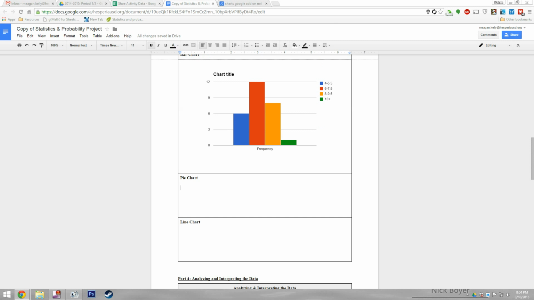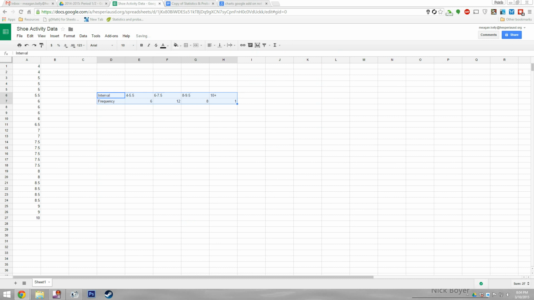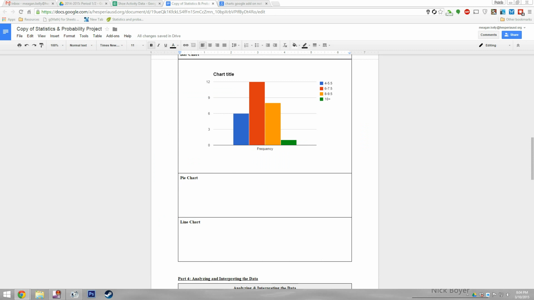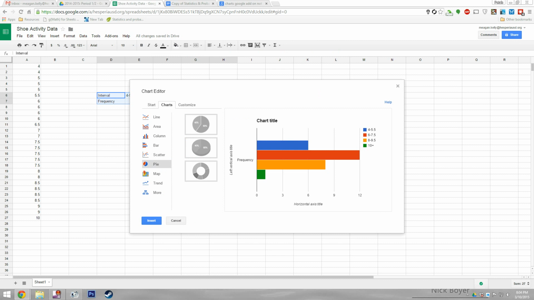Now let's do another one. If you want to get rid of this one, you can click the arrow and click delete chart. Okay, I'll make sure that this data is highlighted again. I'll go up and click insert chart, and the next one I needed was a pie chart. Okay, so you can go to charts, you can go to pie,